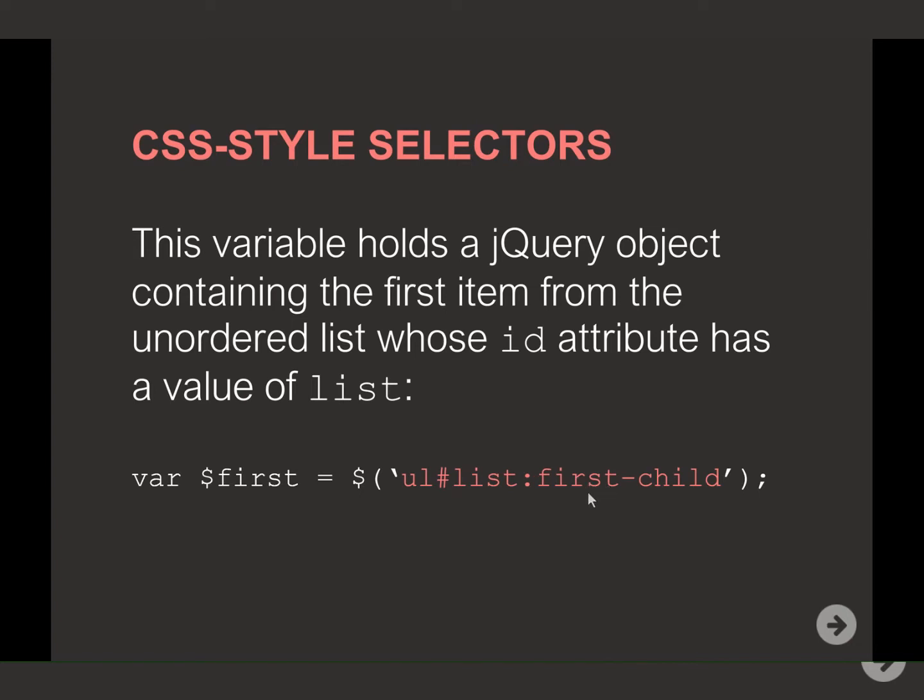So that means we just return the first child, because for this unordered list you have multiple list items. You just find the first item and then save it into the jQuery variable. This is the CSS style selector. We use two examples to further explain, but in fact you can just find a list of things,